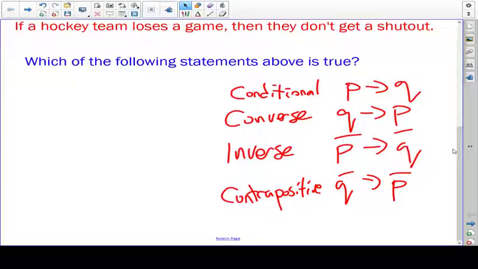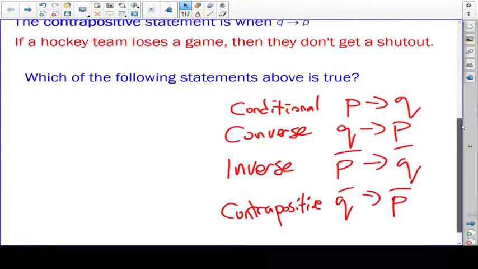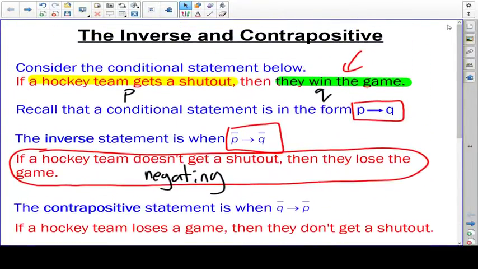All right. So, which of the following statements above is true? So we'll look at the conditional statement. If a hockey team gets a shutout, then they win the game. Is that true? Yes. Okay. If we define a shutout as at the end of the day, you haven't allowed one goal. Now, we should clarify a couple things here. It depends on how the rules are set up. If we're talking